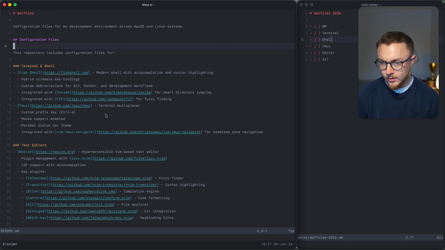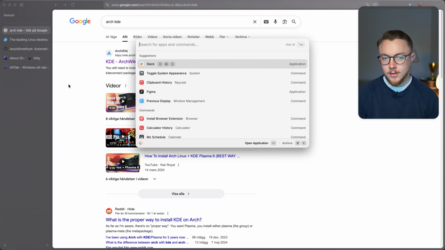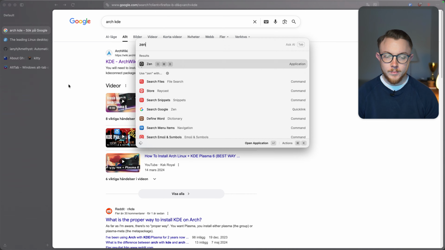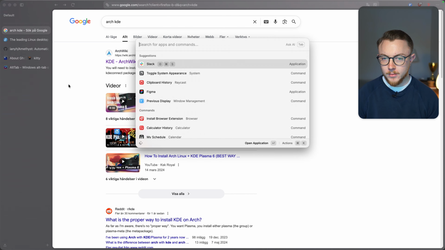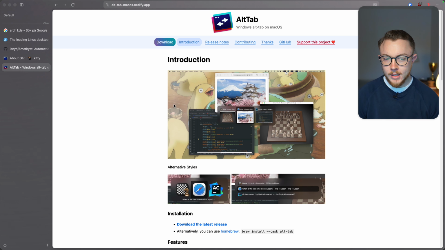Then I have a new app that I quite like. Also, I have key bindings for every app through Raycast as well. So if you see Slack here, it's Shift Command S, and for example my browser, you get the point. I also have this new app called AltTab, which